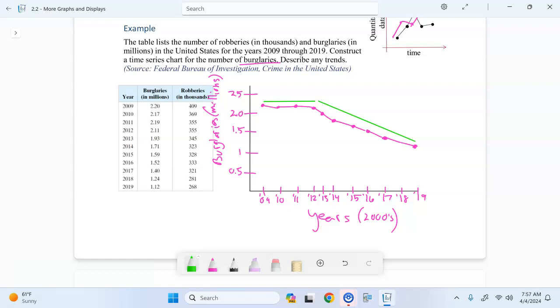Questions, comments, concerns, queries, conundrums. Hope